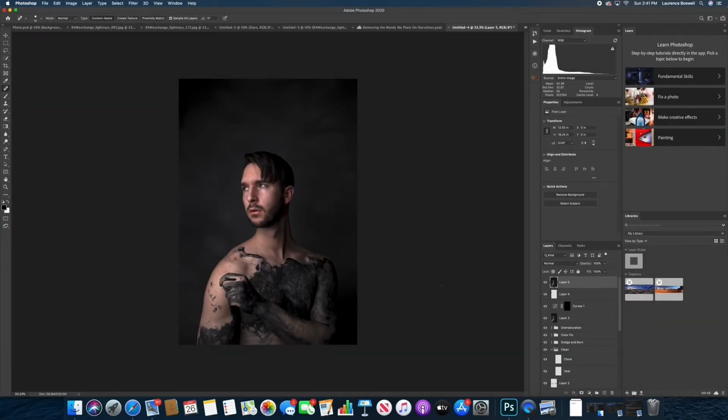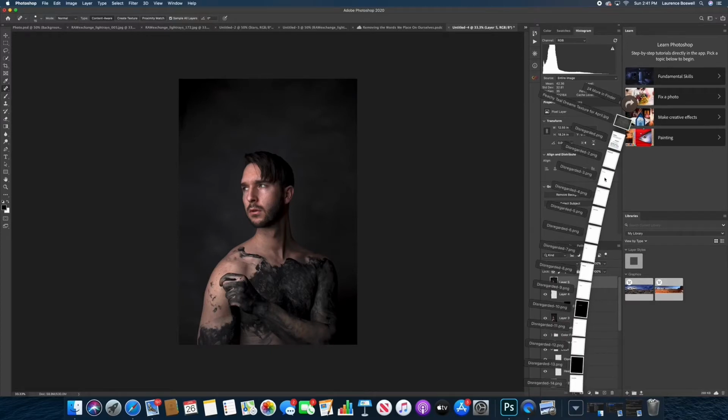Hey guys, in this video tutorial, I'm going to go over how to add a tattoo or lettering on the skin in a realistic way, including adding texture from the underlying skin layer on top of the words. So let's get started. I have my image here and I wanted to add tattoo looking words all over my skin. So what I'm going to do is import